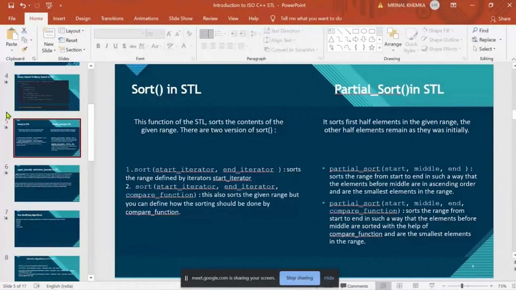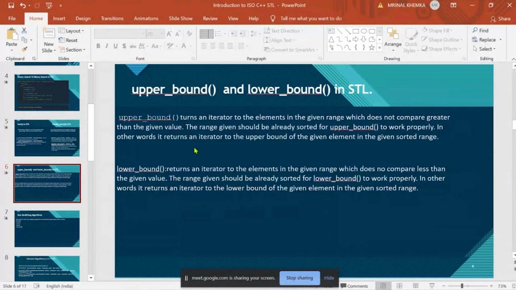Now let's see the next functions, which are upper bound and lower bound in STL. The upper bound function also works on sorted data. It returns an iterator to an element in a given range which is greater than the value, which is the key that we pass inside it.